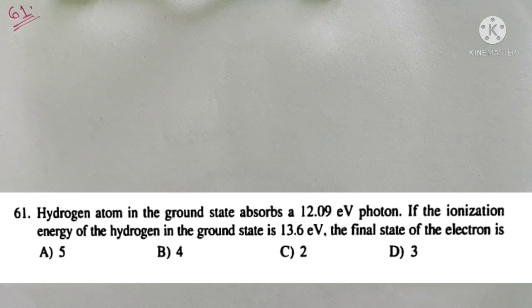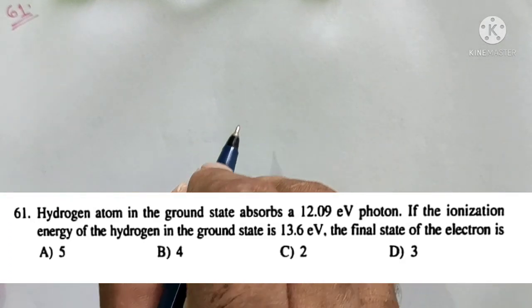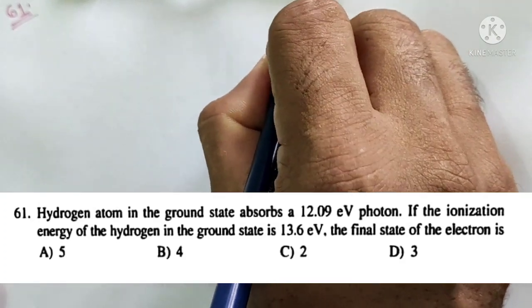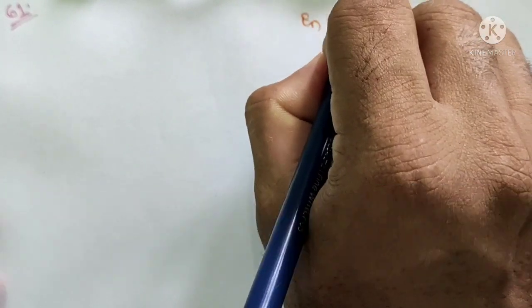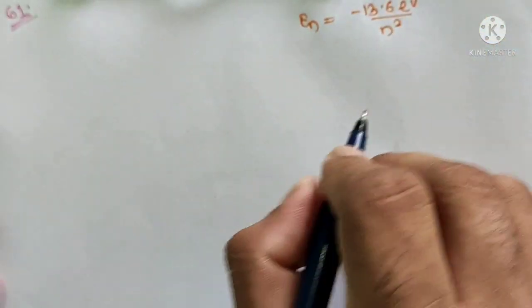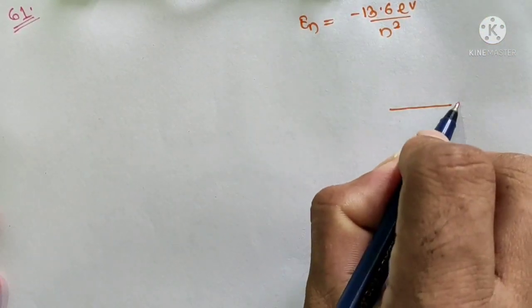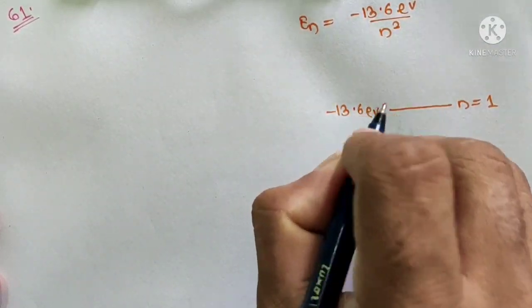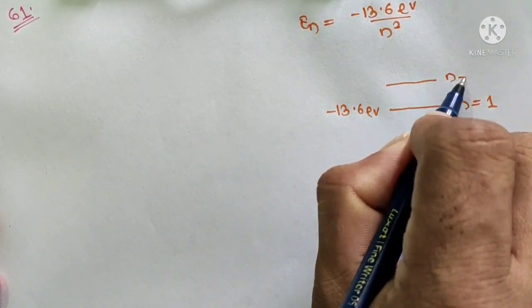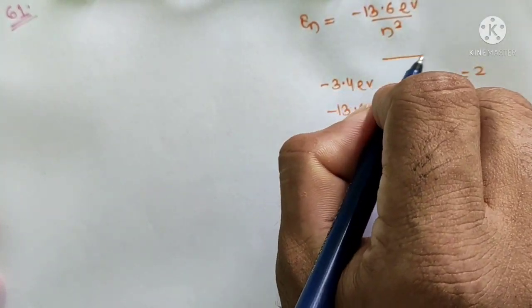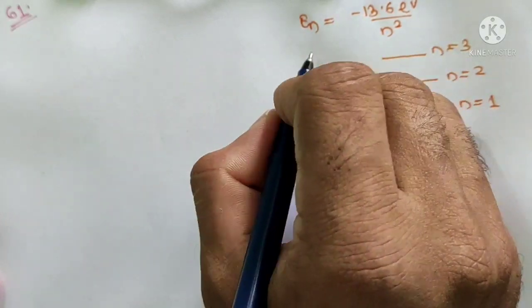We know the energy of the electron in a hydrogen atom in different orbits is given by En equal to minus 13.6 electron volt per n square. That is, in the first orbit energy is minus 13.6 electron volt. In the second orbit energy is minus 3.4 electron volt, and in the third orbit, n equal to 3, energy is minus